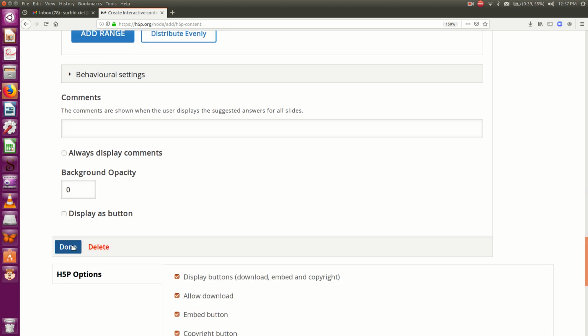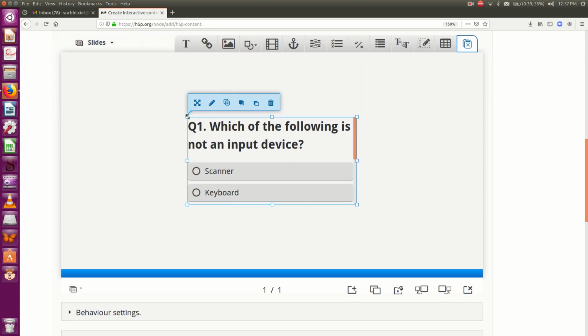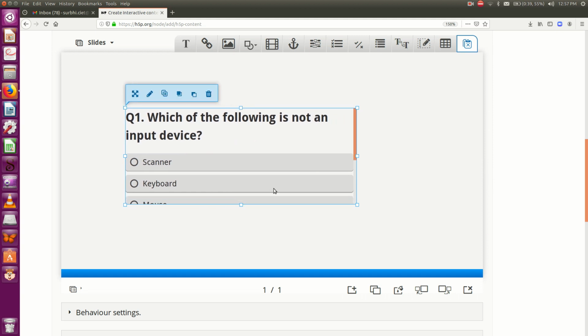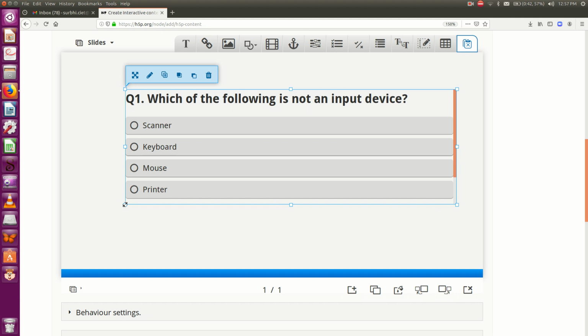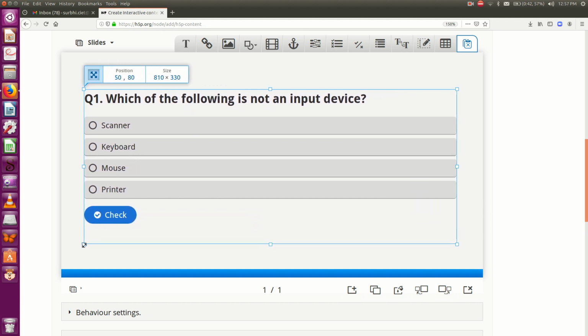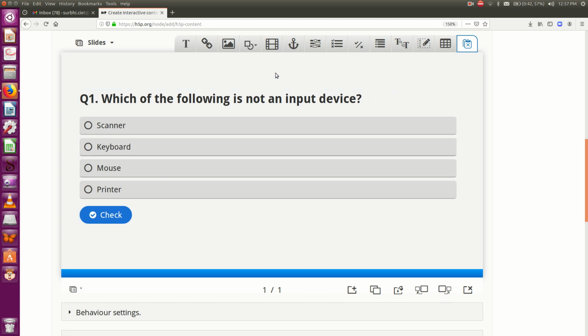After that, click on the done button. So now we can see that the MCQ has been added to the slide. It is not appearing properly, so we need to expand it. There are these small arrows, square boxes, which can be used to resize the quiz. Put your mouse cursor on the square buttons and click and drag them so that we can reposition and resize the question. It should appear properly on the slide. So this is correct. Now we can see that on slide 1, we have added one MCQ.